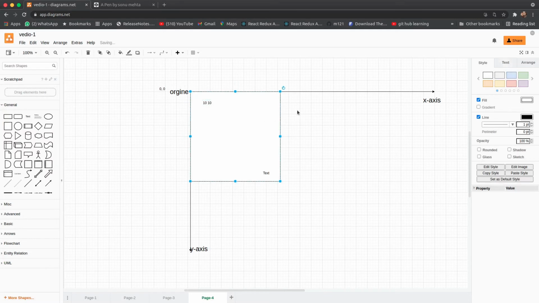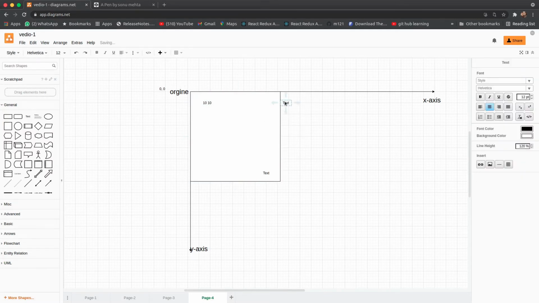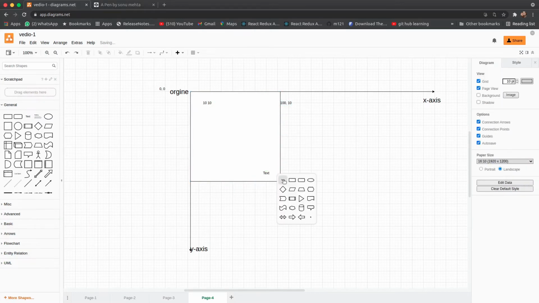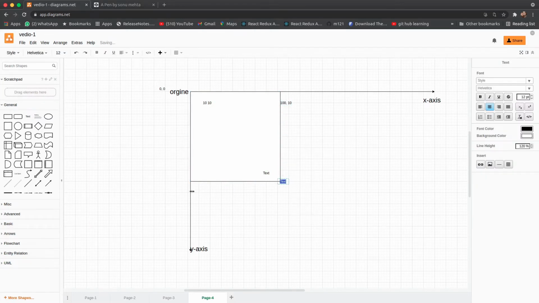And a point here would be 100% from the left and 10% from the top. And here also you can give a point. Clip path accepts a polygon or any geometry figure, which accepts coordinates like this. So I just use these coordinates here.